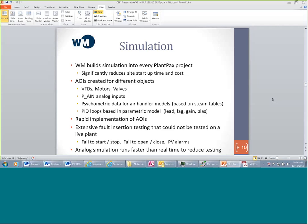All our PID loops are based upon parametric models, lead lag, gain bias, as opposed to first principle models. It's very rapid implementation because of the use of AOIs. And again, we do all kinds of fault insertion testing, like sequences and that, so that we can cause motors to fail, valves not to open, alarms, et cetera, which allows us to go through many more scenarios than we could ever test in a live plant